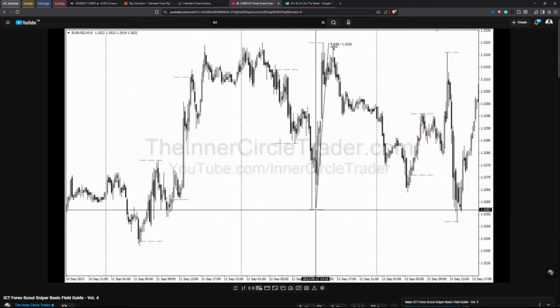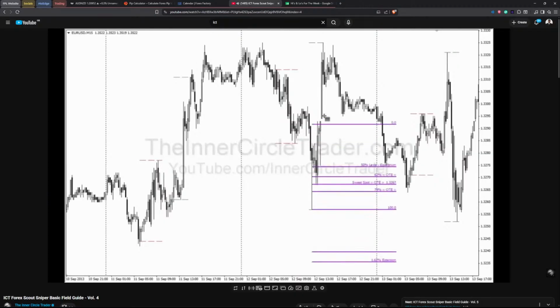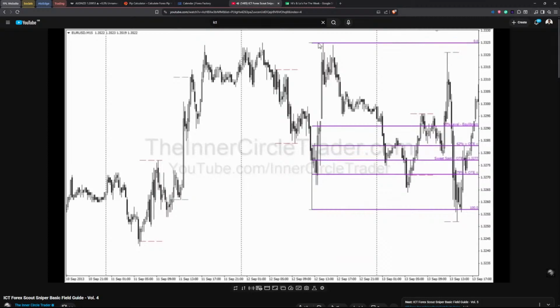Okay, the range available was 68 pips. You could reasonably expect to get 30 pips out of that. Okay, there's absolutely no reason why one couldn't have taken 20 to 30 pips comfortably out of that move, even with it retracing and returning back into this range here. We have a low here. Okay, we have a low in here formed, and using that to the high formed right here.